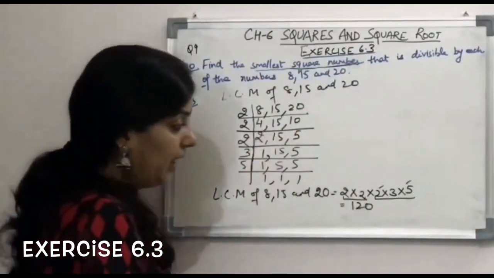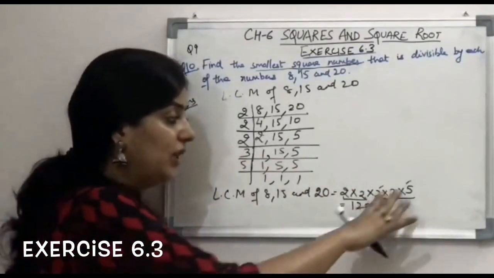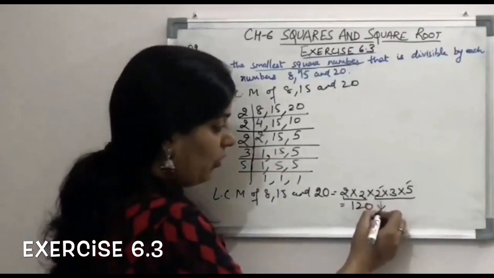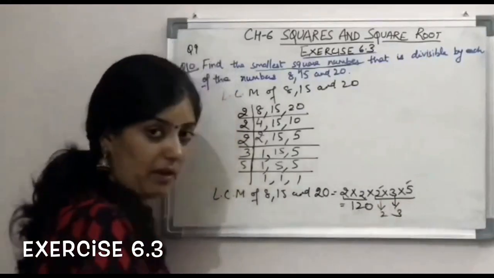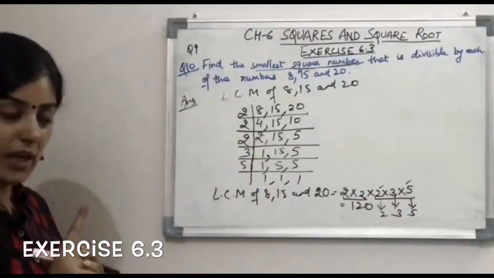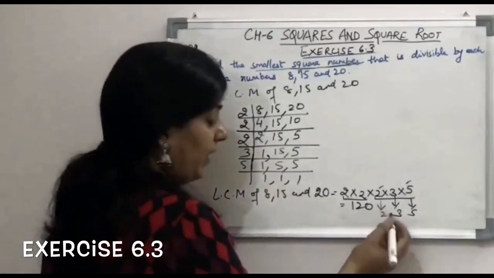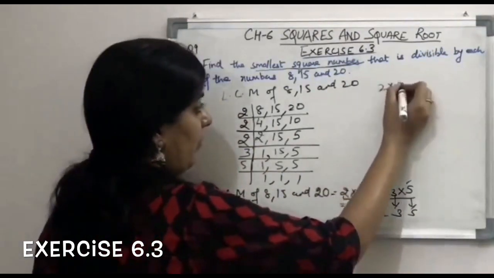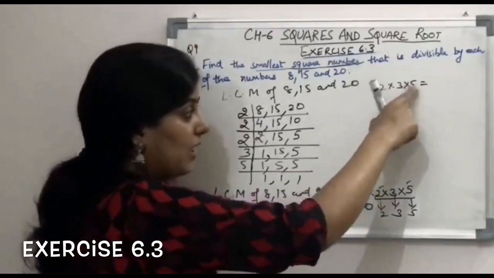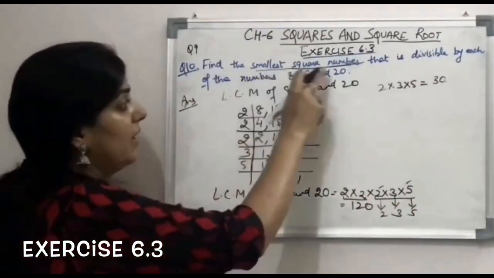We will multiply it by, अब यहाँ पे एक number तो है नहीं जिसका pair ना हो. Here we have 3 numbers जिनके pair नहीं है, तो हम तीनों के pair बनाएंगे. We need one more 2. We also need one 3 here to make a pair and we also need one 5 here. हमें एक 2 भी चाहिए, एक 3 भी चाहिए, एक 5 भी चाहिए to make it a perfect square. So we will multiply it with which number? Product of these 3 numbers. 2 into 3 that is 6, 6 into 5 is 30. We will multiply 120 by 30 to get the smallest square number.